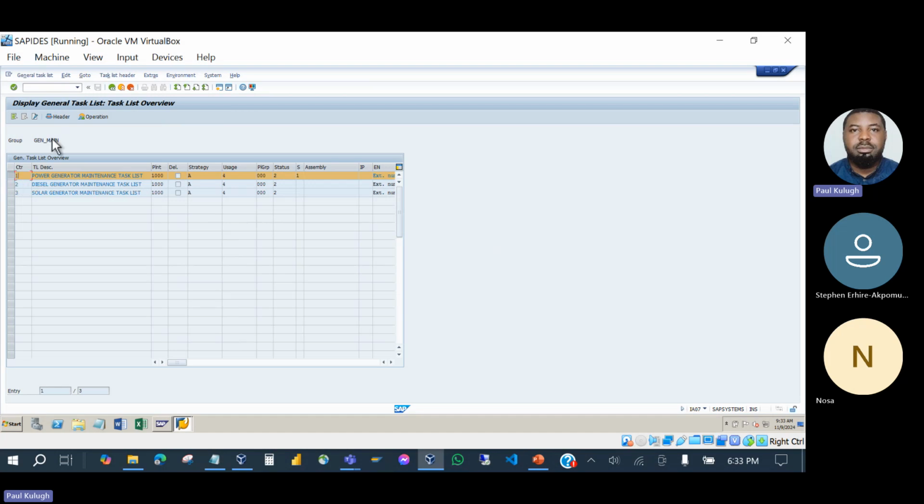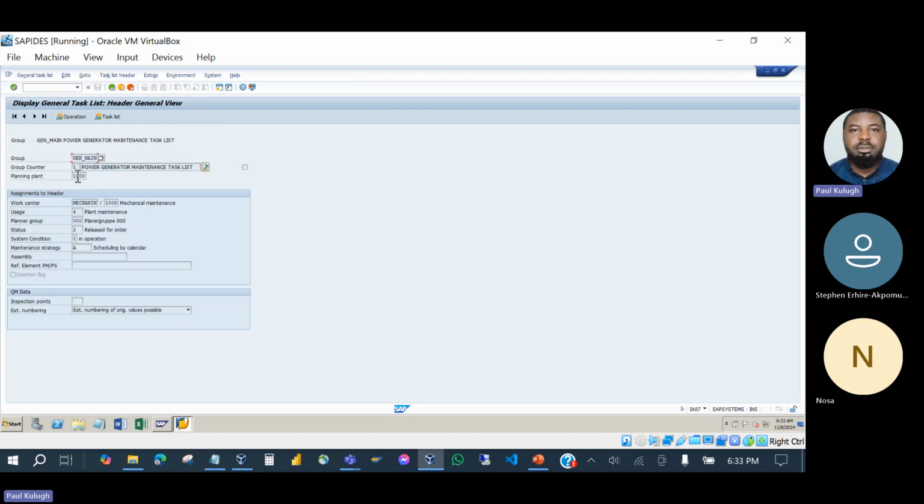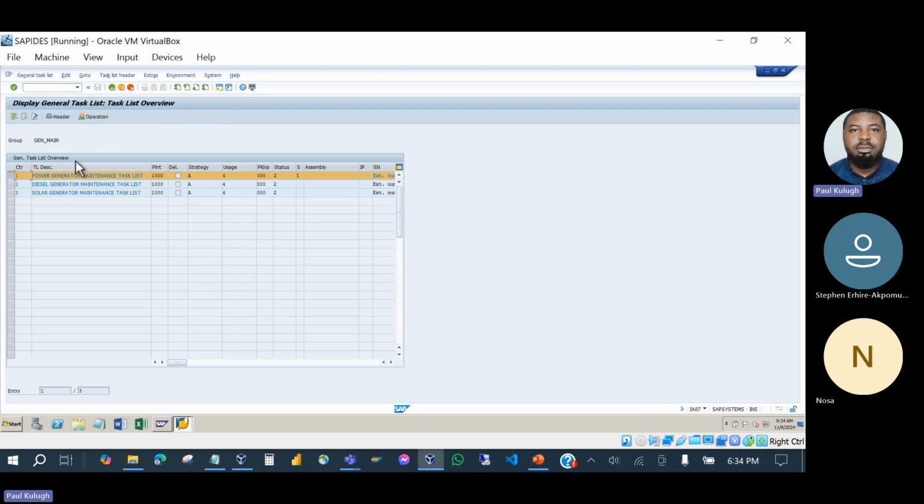So if you want to display any of them, at the header level, you select it and you click header. So this is the information about it. You can see the group name is always gen_main. The group counter remains 1. Power generator, maintenance task list, the planning plant, the main work center for it, the usage, the status, system status, strategy, and so on. If you want to display the operations that are here, you click on operations and you see all the operations with their